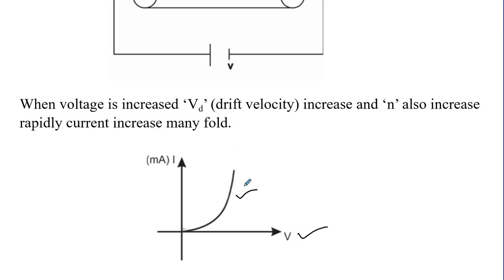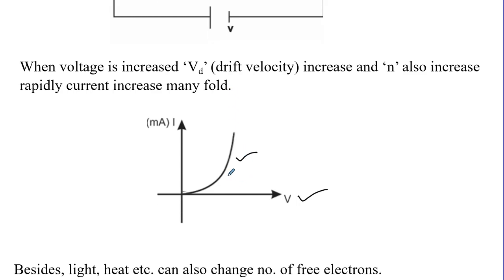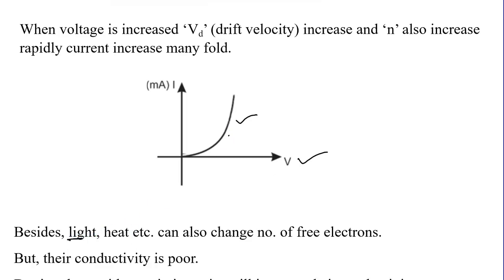Second is that in semiconductors, even if you keep the voltage the same, still the current can be changed by the use of light, by the use of heat or some other factors, and hence as their number of free electrons changes, their conductivity changes and their current changes, keeping the applied voltage the same. And we can use this feature to implement various logics in electronic circuits. This is how semiconductors became very popular.